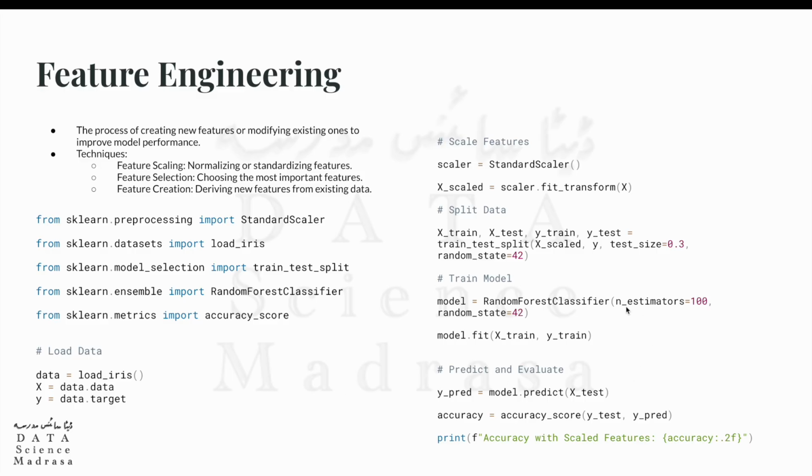Another thing to check here is that the number of estimators is the same, so you know whether it's the scaled features giving an improvement in accuracy or the number of estimators. You can use the grid search as well, as we've done before, to find the best parameters for the random forest classifier. And as an exercise, you can take these 3 scripts and run them on your own in a Jupyter Notebook